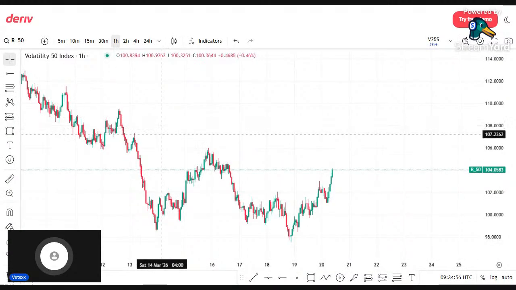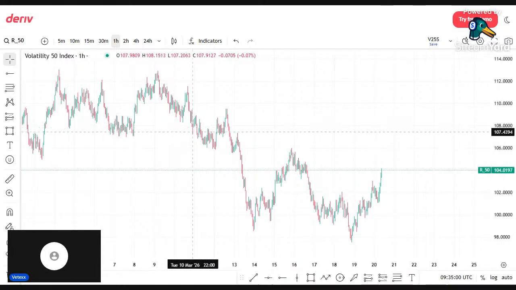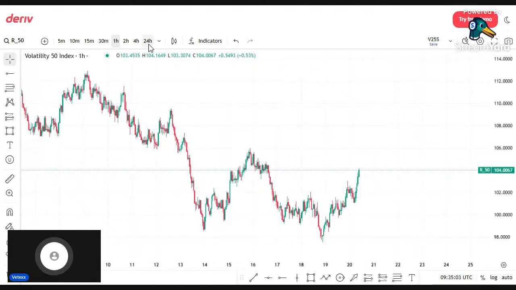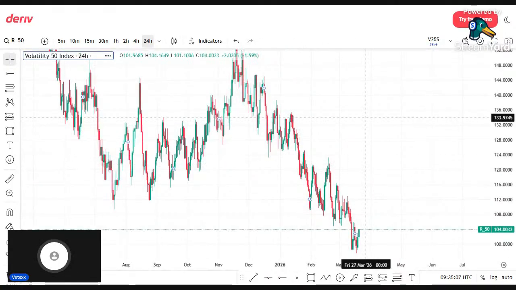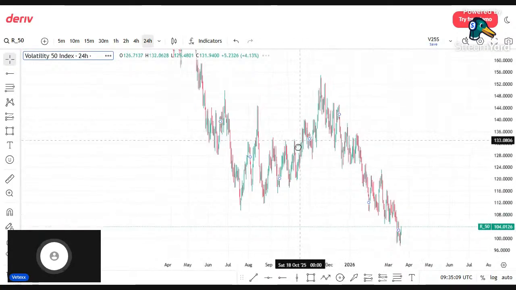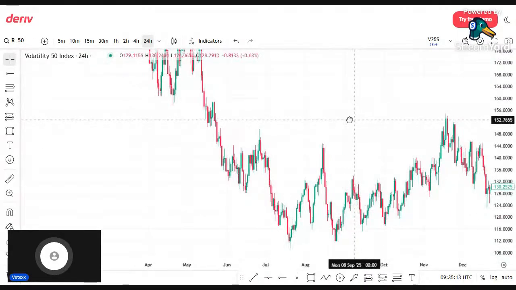So V50 on the 24-hour time frame is bearish. Has been bearish for the longest. Smashed the P on the 24-hour time frame a while ago. Okay, so it was actually selling from this